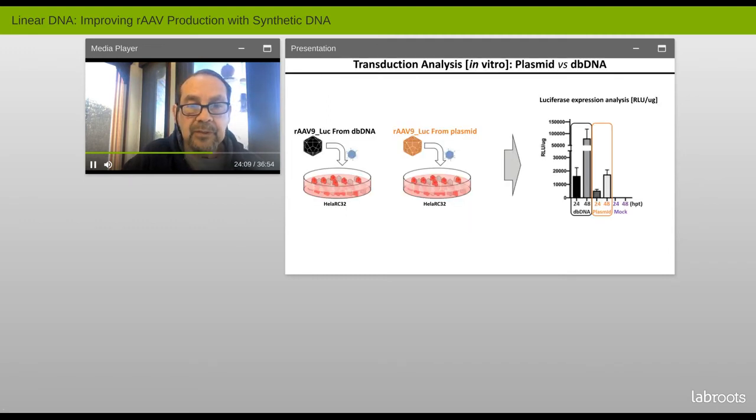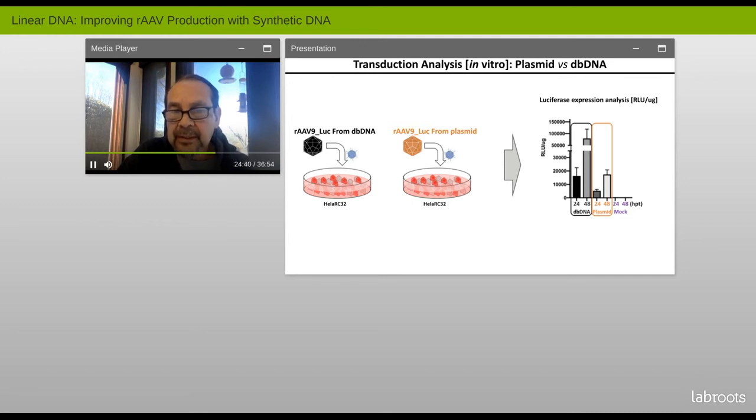And if you advance one more time, you can see that if you take a capsid such as AAV9 carrying a reporter gene such as luciferase, either made with Doggybone or from plasmid, and put it into a reporter cell line such as HeLa RC32, you can see on the right-hand side of the slide that within the expected period of time, we're getting transduction and expression of the luciferase gene.